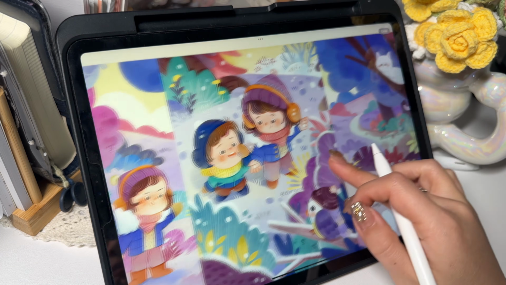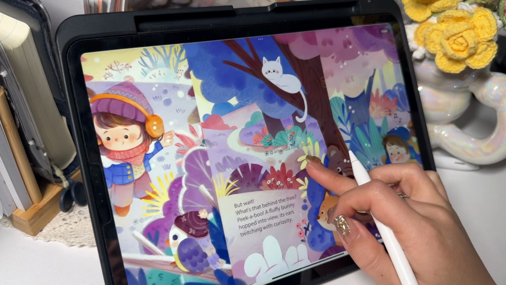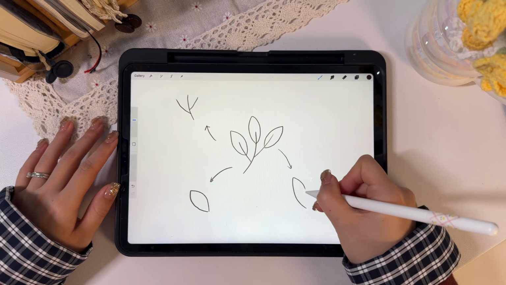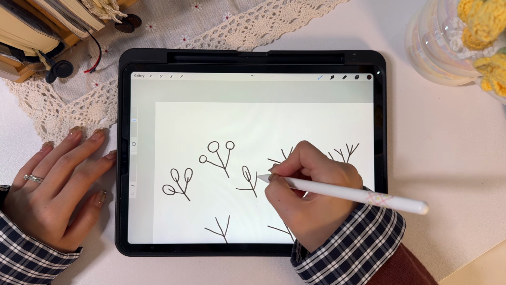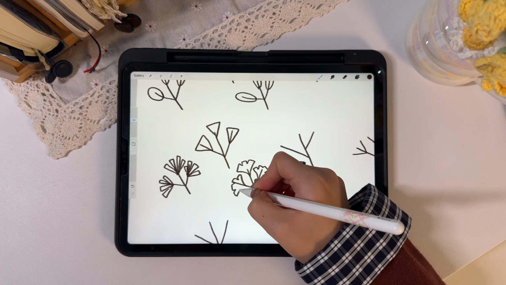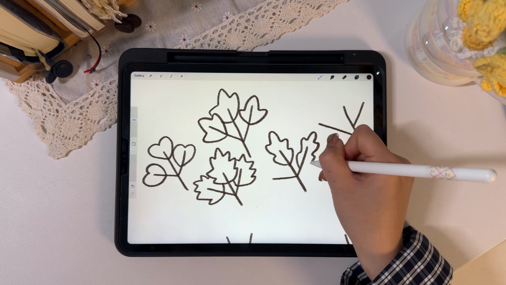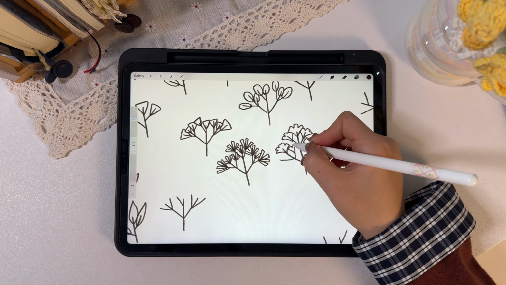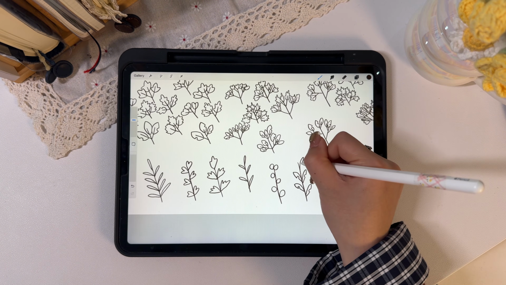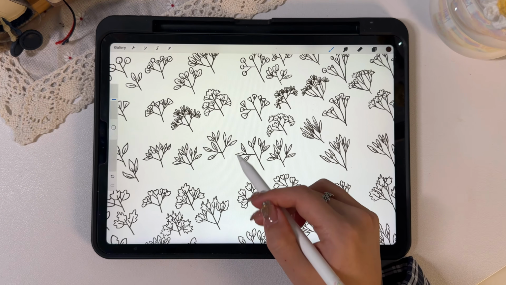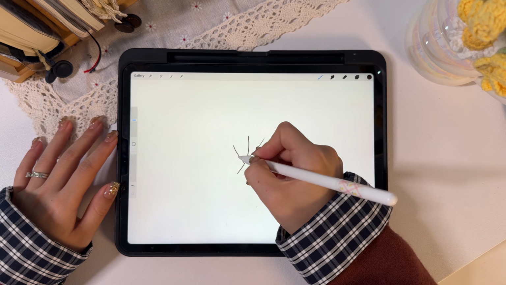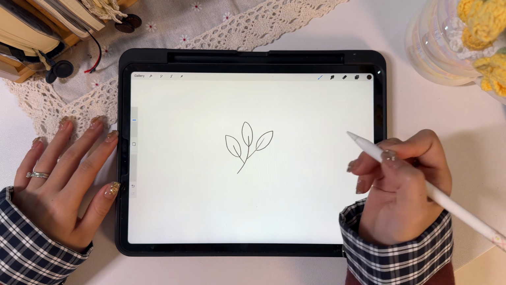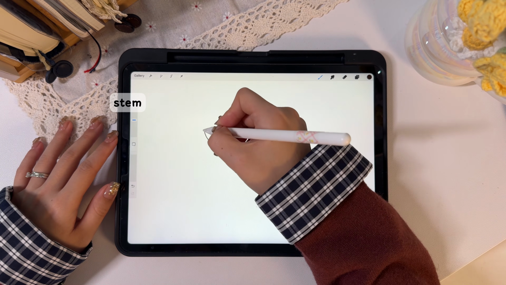I draw a lot of plants in my illustrations, and today I'm challenging myself to draw 100 different leaves from imagination, no references. But this isn't just about doodling. I will also break down my thought process so that you can learn how to create your own leaf doodles with endless variations. Each little plant or branch can be broken down into two parts: the stem